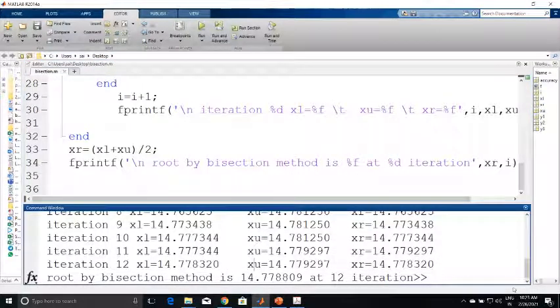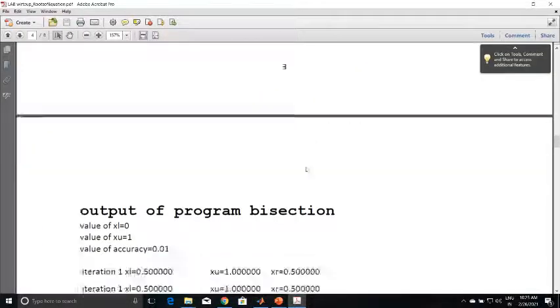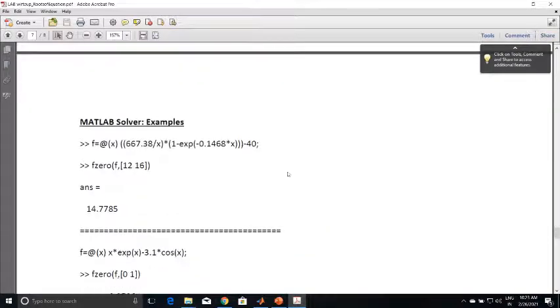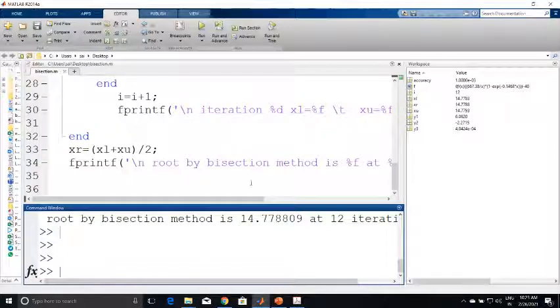Let us execute a solver. Here in your lab manual, I also posted this, a MATLAB solver. Now what are solvers? Solvers are nothing but ready-made commands in MATLAB. So for the root of an equation, fzero is another solver. I want all of you to please type this particular function. Now if you go to the command window and you already executed the program for f, the software knows what f is.